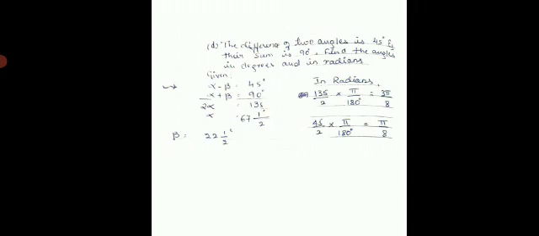So for conversion, you just take 135 upon 2 as alpha, that is 67 and half. Convert the mixed fraction into improper. Then multiply it by pi by 180. You get 3 pi by 8. Similarly, beta value is 22 and half, that is nothing but 45 upon 2. Then multiply it by pi by 180. You get pi by 8. So this is how you should find the angles in radians.